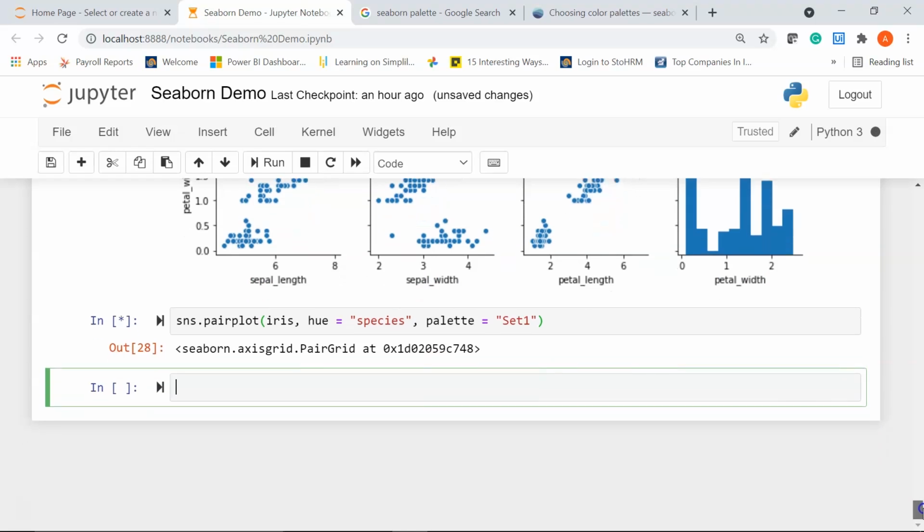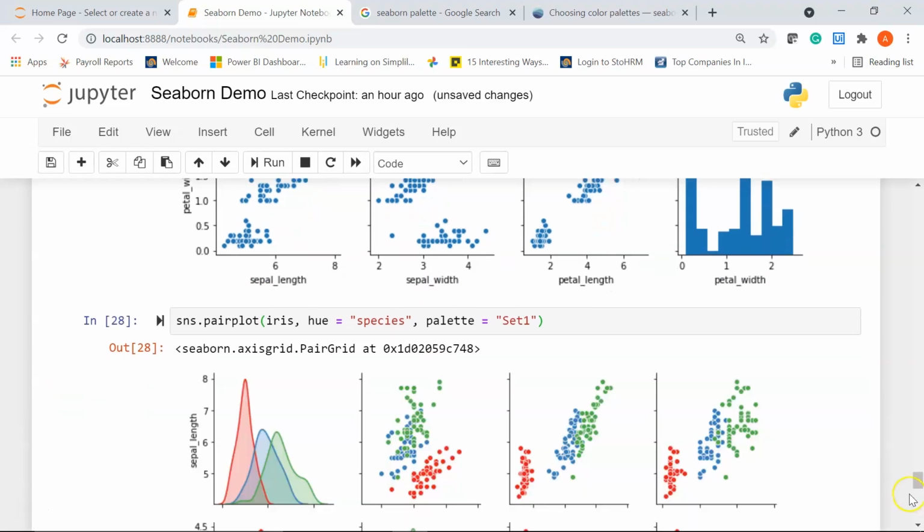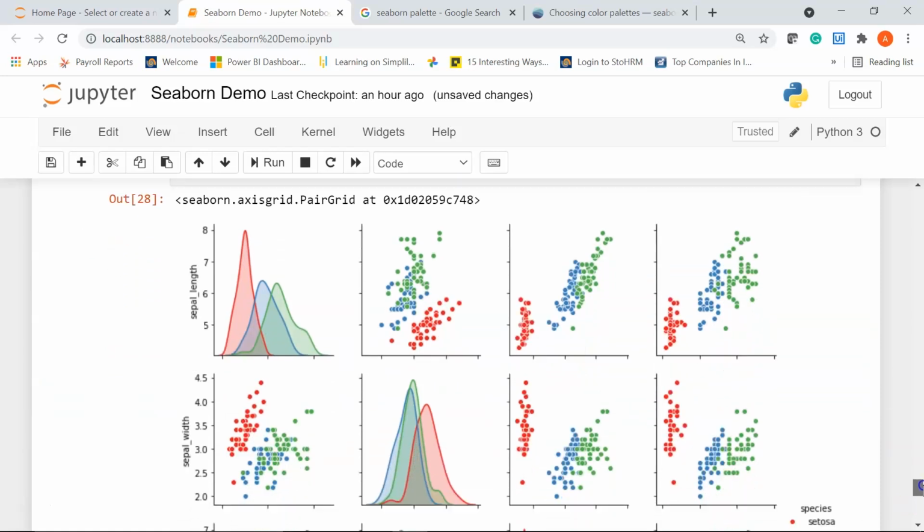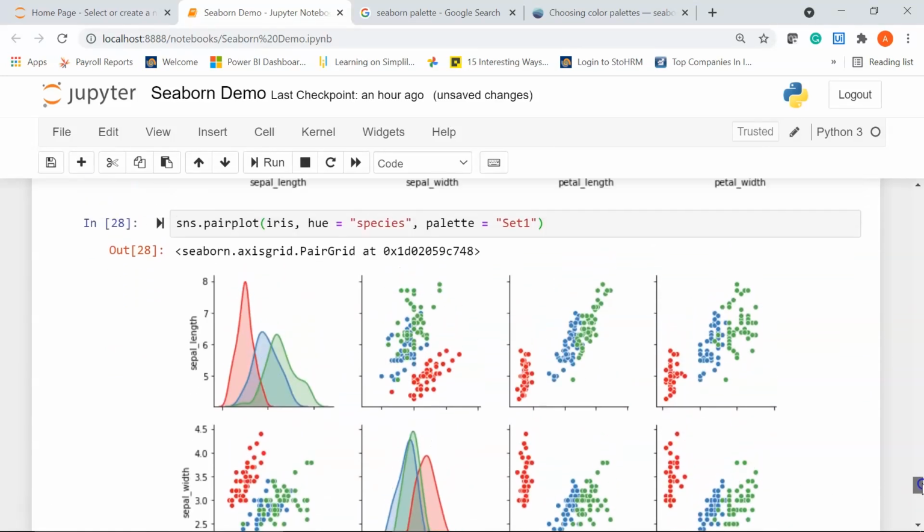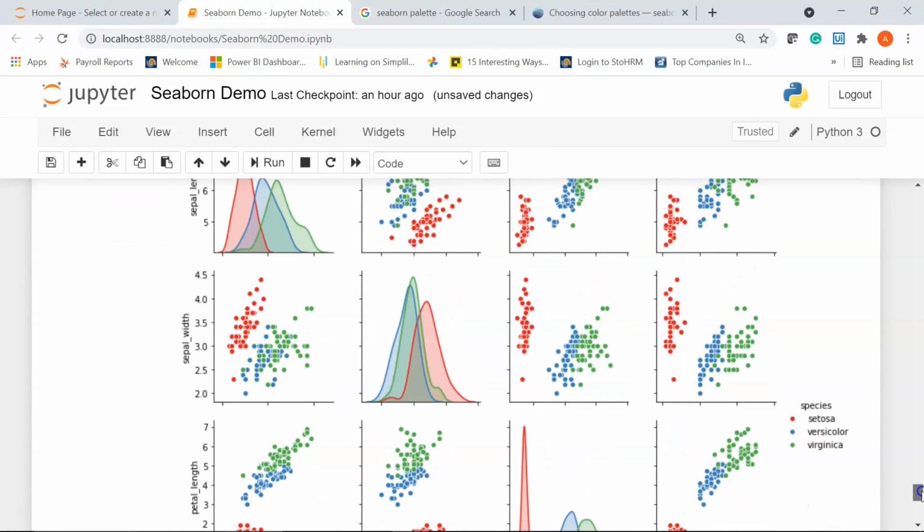This might take some time. There you go. So here you have the pair plot ready, and on the right side you can see the different species. The red color dots represent Setosa flowers, the blue color dots represent Versicolor, and the green color dots